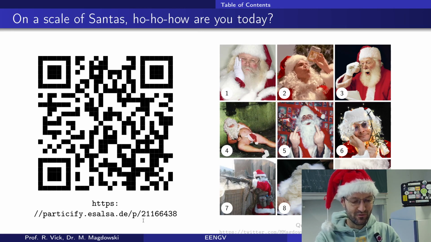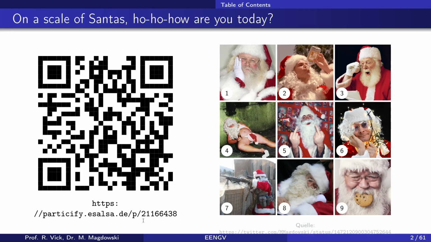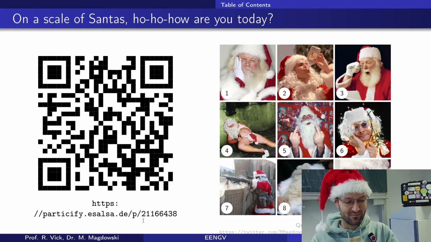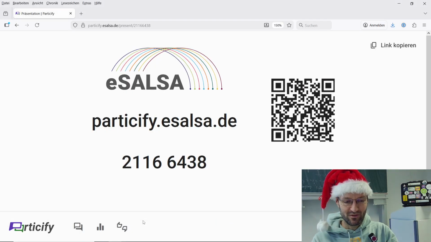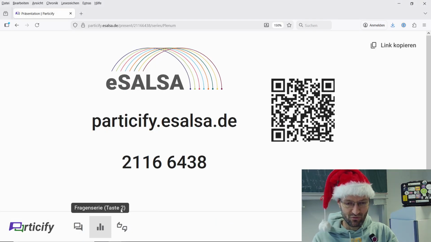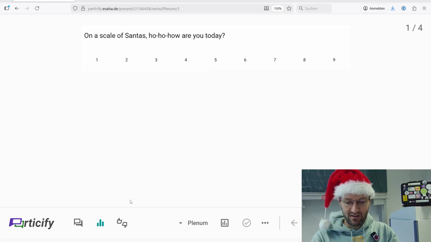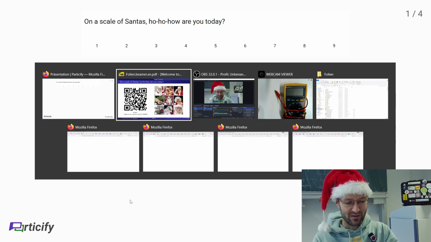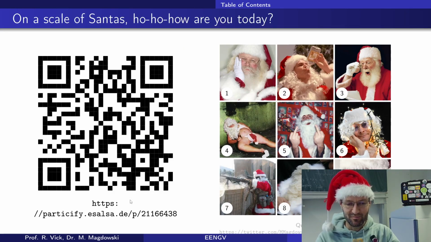For a moment, I will disable my camera view so that all the Santas can be seen also in the recording and in the stream. And as there are no cameras pointing at me anymore, I will go to this website and switch to full screen mode. We have 5 answers already, so let's take a look at the Santas again.